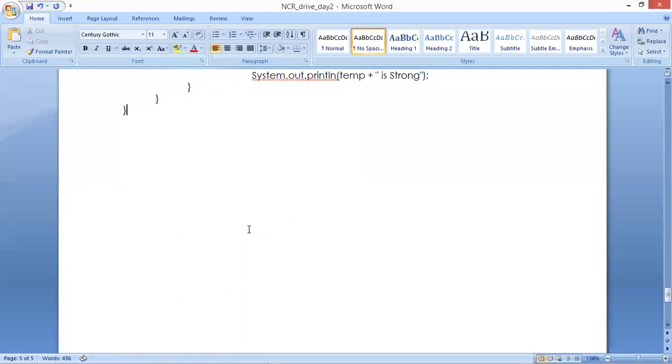Now you please write the code for these things, guys. My requirement is: find the sum of even numbers and sum of odd numbers in the given input number.